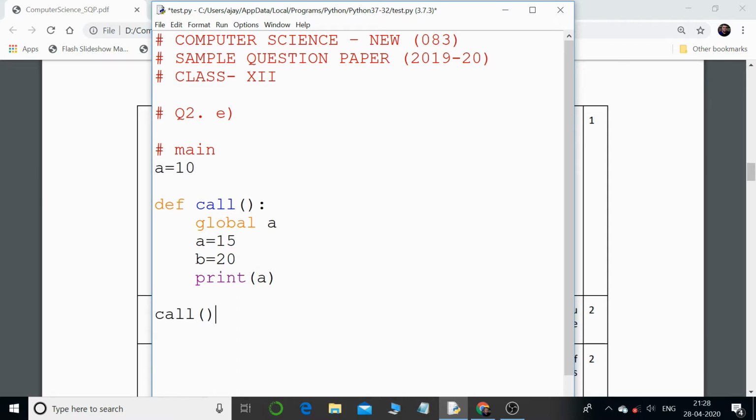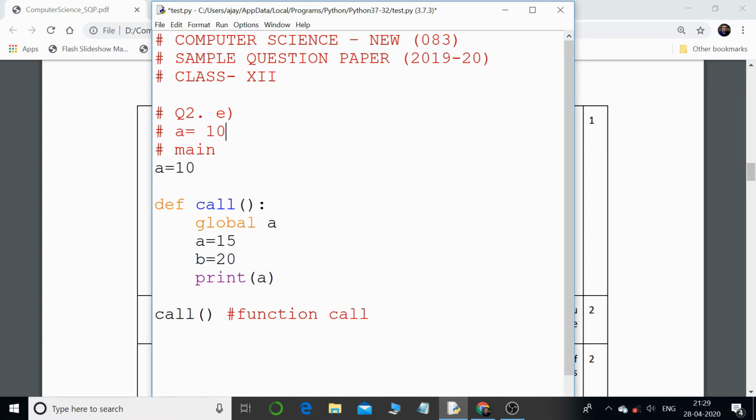Okay, so this will be ignored, and then there is a call. Now this is a function call over here. Obviously when there is a function call, that is where this particular function will come into the picture. From here the controller will jump to this particular function, and over here the value of a, that was the first statement, I will type it over here, that is the value of a is 10.